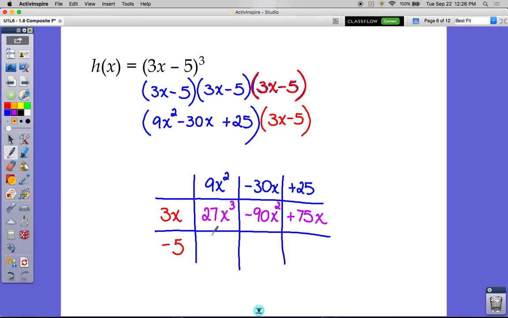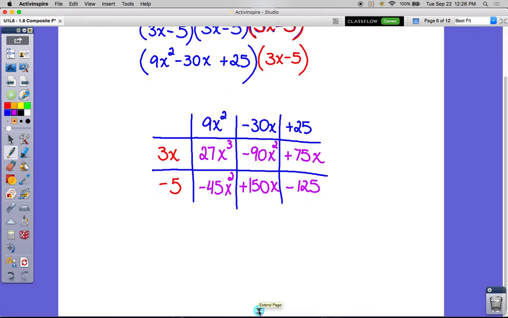Now let's go with negative 5. Negative 5 times positive 9x squared is negative 45x squared. Negative 5 and negative 30 makes plus 150x. And then negative and positive makes negative 125. Really cool thing about this